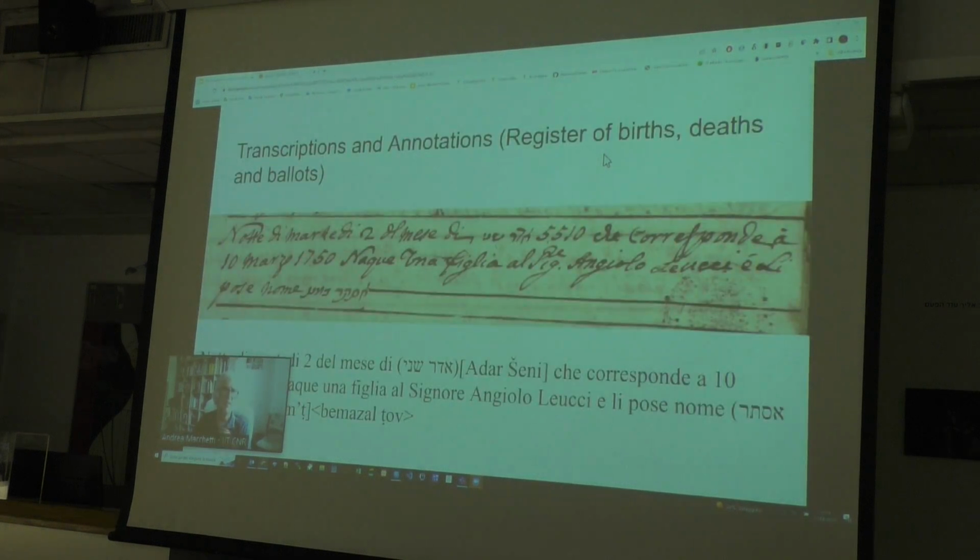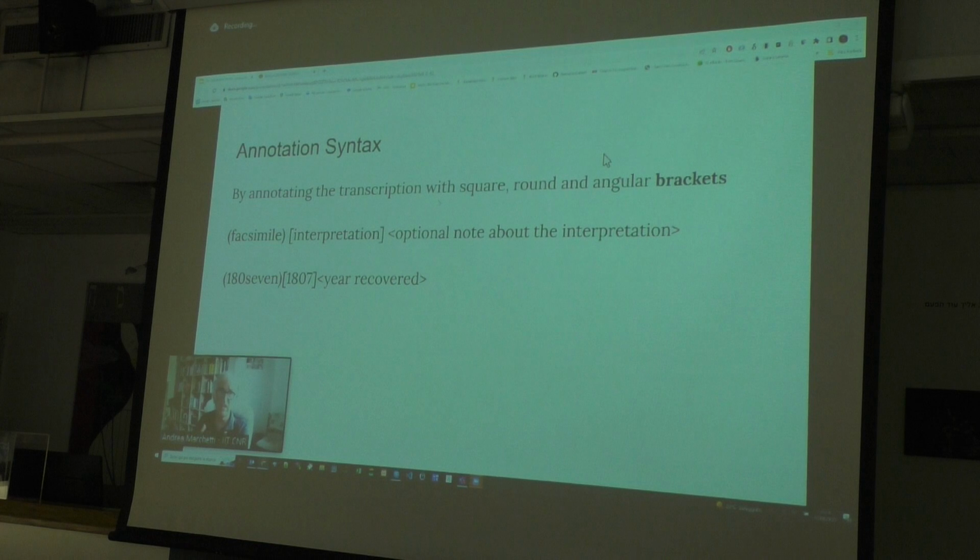This is a piece of the register of births, deaths, and ballots, and this is the transliteration and the annotation. Okay, just to say something before starting with annotation, we have defined an annotation syntax